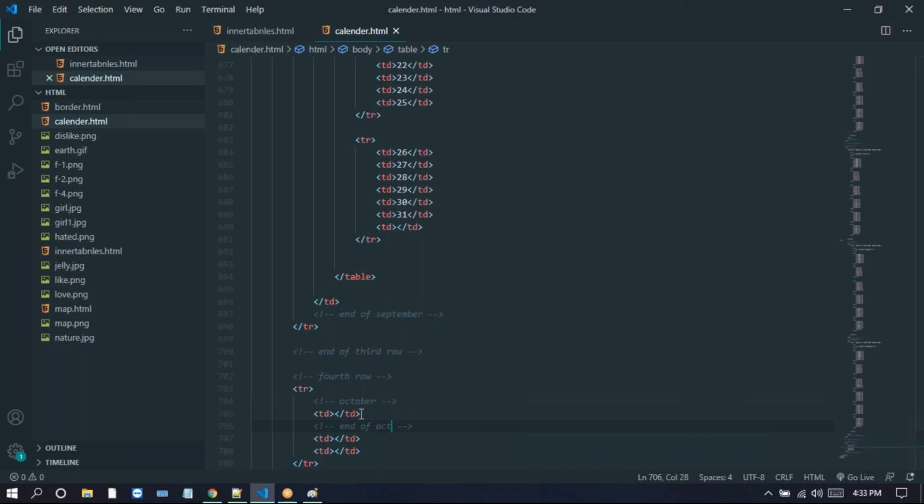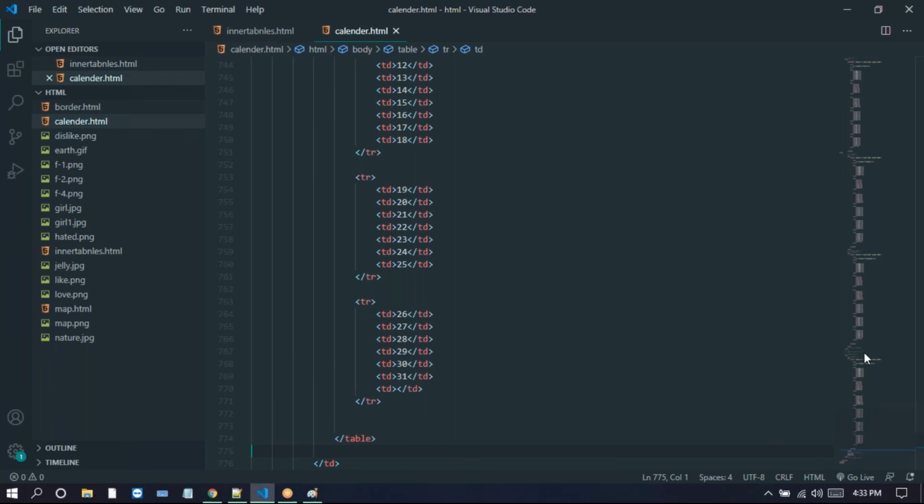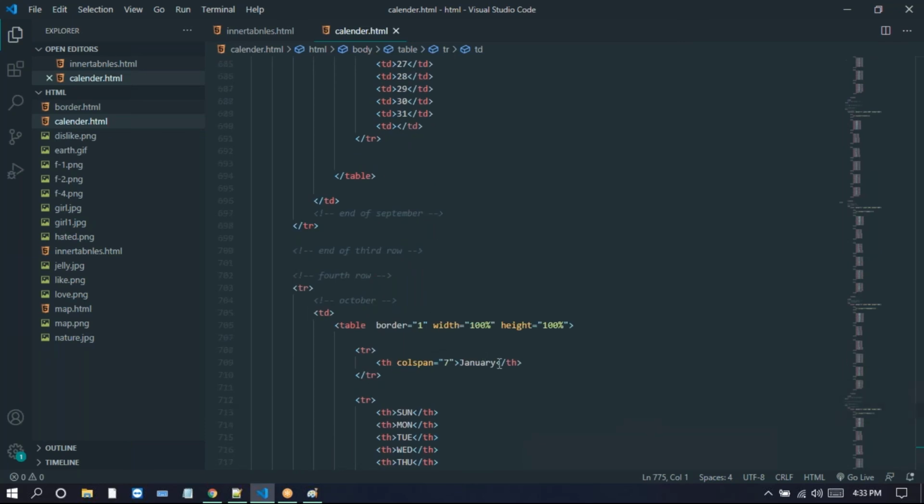Now for this October, just mention this table here and go to there. So here just change the name to October. Now just change this name to October.